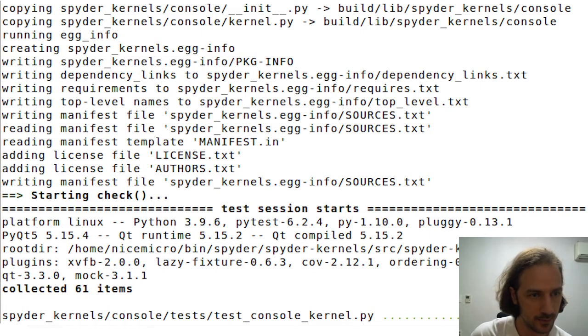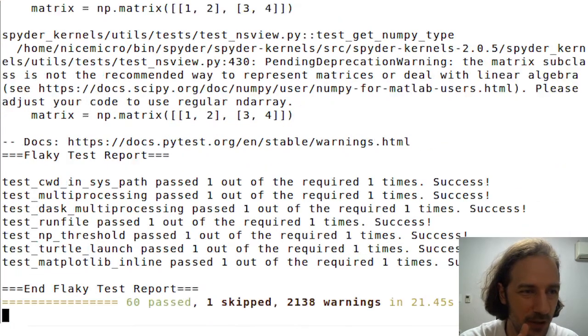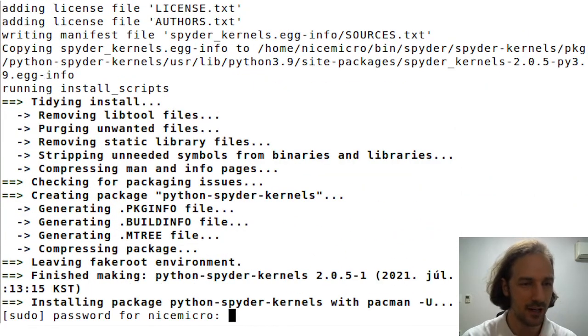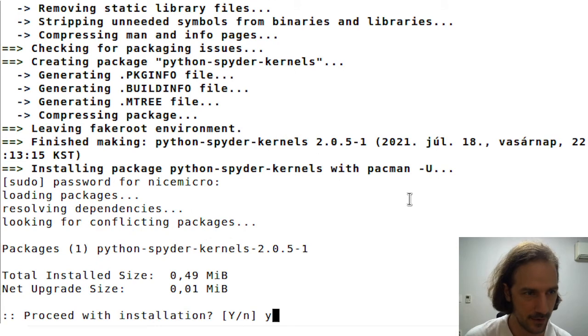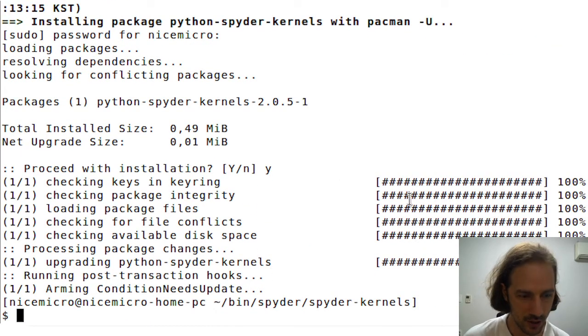and we are waiting for all the compilation and things like that to happen. I don't know, maybe it's not even compiled because everything is just Python scripts here. So it will just run to create the package, and it will install the created package. It will ask me for my sudo password here, and I will proceed to update my Python Spider kernel package here. And now if I start Spider,